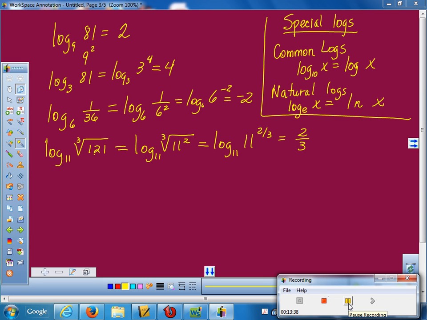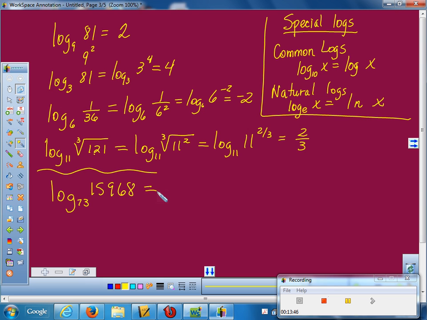Okay, so yes, your calculator does do logs. If you need to do a log that is something horrible, like base 73 of 15,968, these calculators automatically come up that way. If you press log, it asks you to enter the base. Your natural log key, though, if you want to do natural logarithms, do you see where